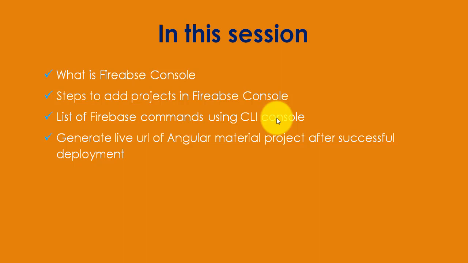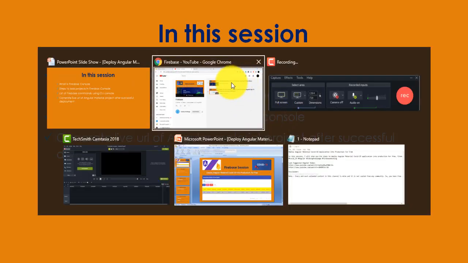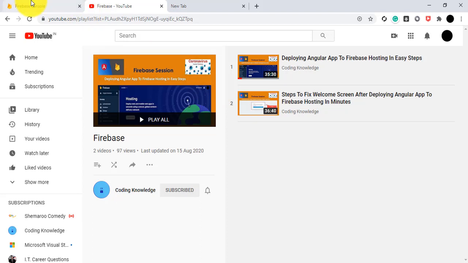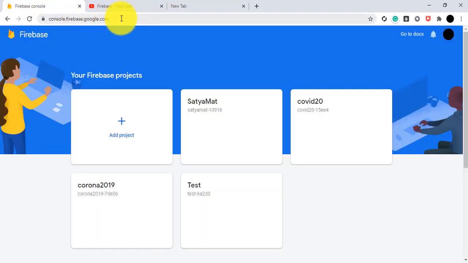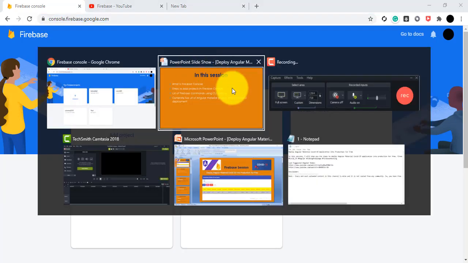So I will show you. I'll visit console.firebase.google.com, and here I have already created one project, that is Satya Mat. And if you want to create a new project, then click here and enter the name of your project. Okay, now